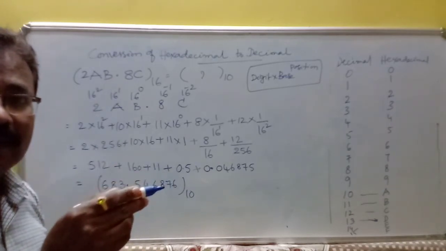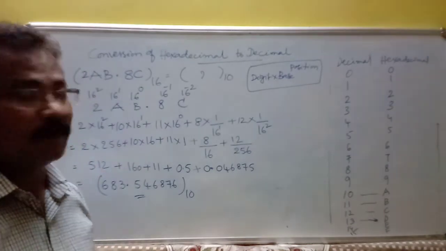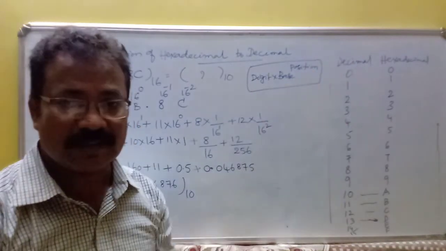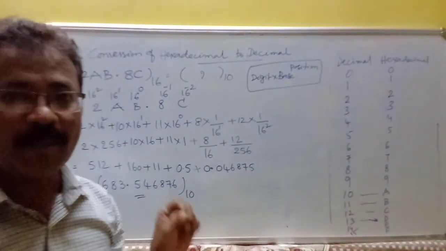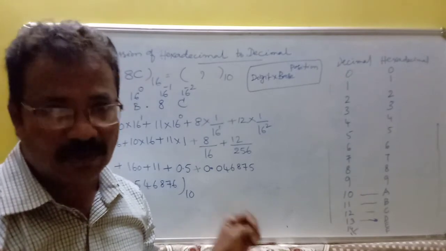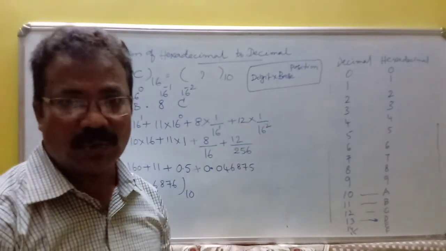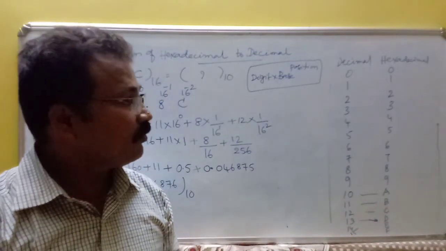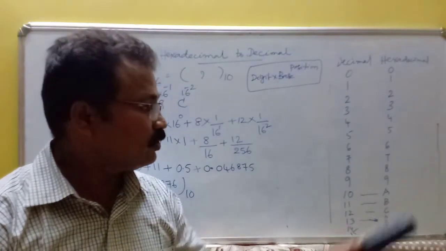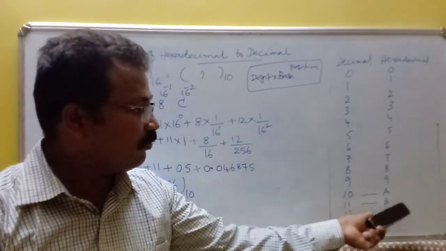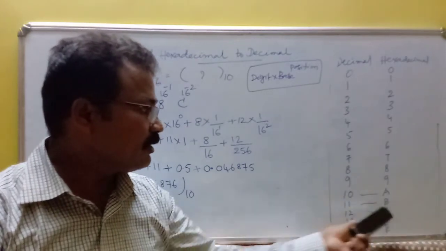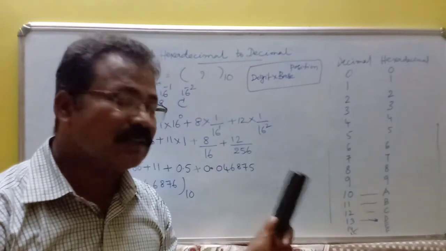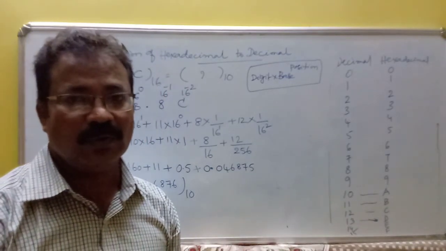So, while converting from hexadecimal to decimal, you have to mention the decimal equivalent of each hexadecimal digit. Any decimal number can be formed using the digits 0 to 9, and the hexadecimal is a combination of 0 to F. 0 to 9 are equal, and from then onwards A is equal to 10, B is equal to 11, C is equal to 12, D is equal to 13, E is equal to 14, and F is equal to 15.